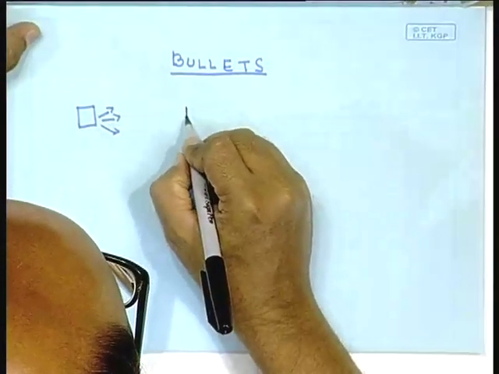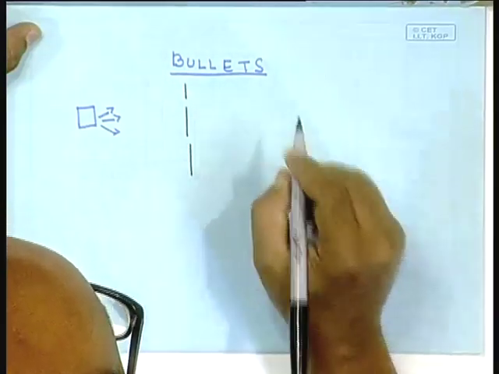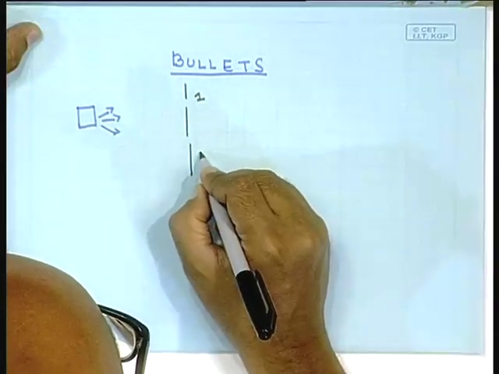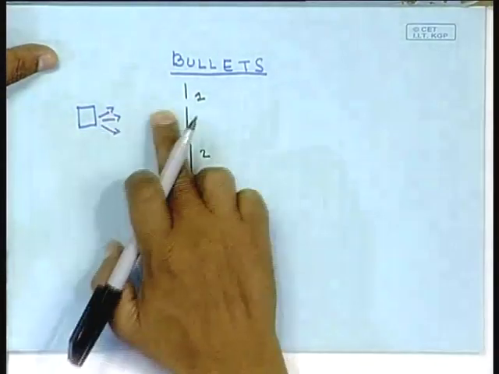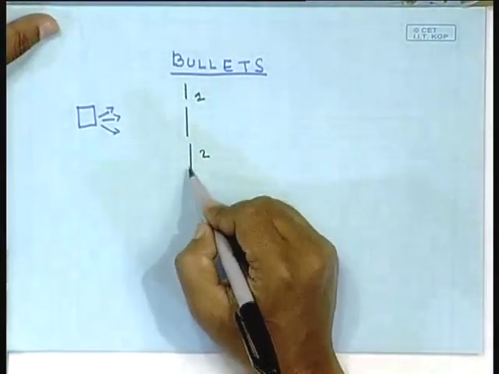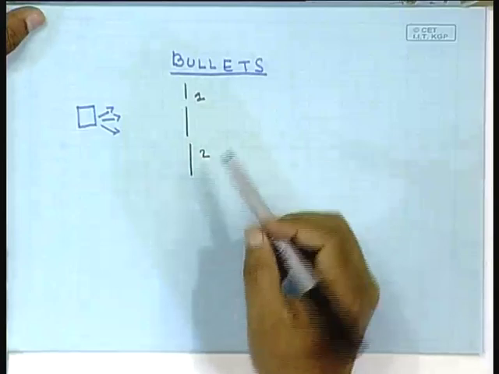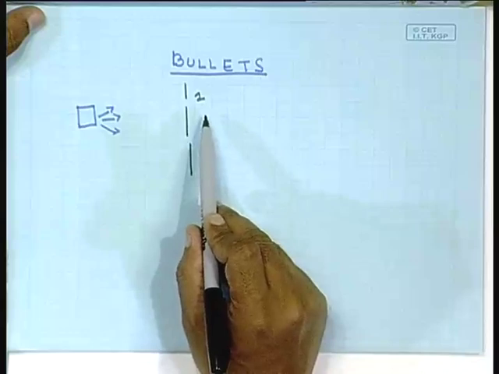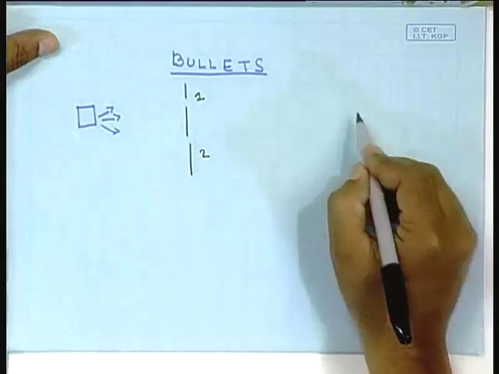The screen, this is the screen, which has two slits. We can call them slit 1 and slit 2. So, there is a device here which sends out bullets uniformly randomly in the forward direction, and the bullets are incident on a screen. The screen is made up of some kind of a tough material which can absorb the bullets, and the bullets are allowed to pass through only through the two slits which we have labeled 1 and 2. And the bullets which pass through are finally